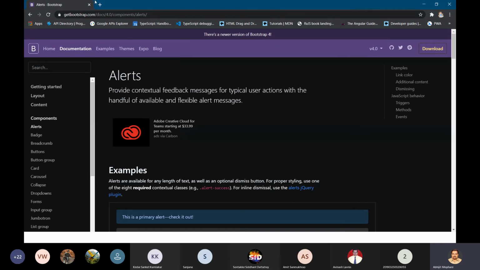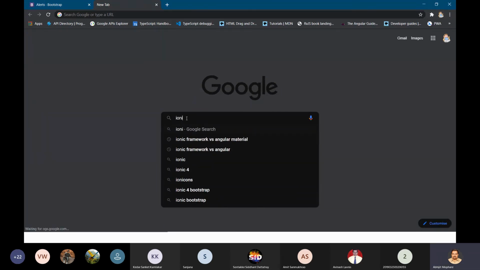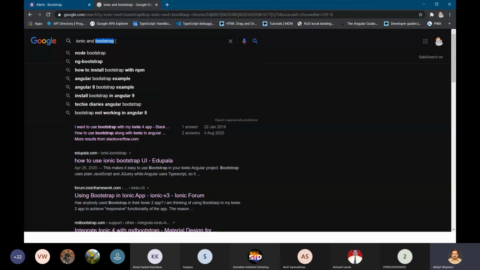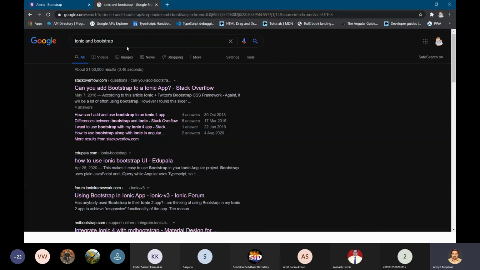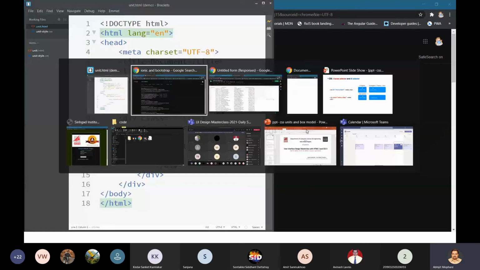Most programmers use either Ionic or Bootstrap. These are the famous CSS or HTML frameworks that you have. So I advise you, or I expect you, to go over the internet and study the Ionic as well as Bootstrap frameworks when time permits. When you have spare time, definitely go and check them, and you will come to know. But ultimately, we have to learn HTML and CSS in depth. Then only will you be able to use those frameworks.